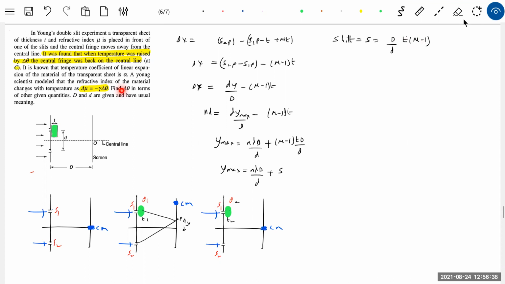Now, what should be the change in temperature so that the central maxima will come back here? What is that change in temperature you should produce so that the central maxima will come back to the axis? This was the question. So shall we now